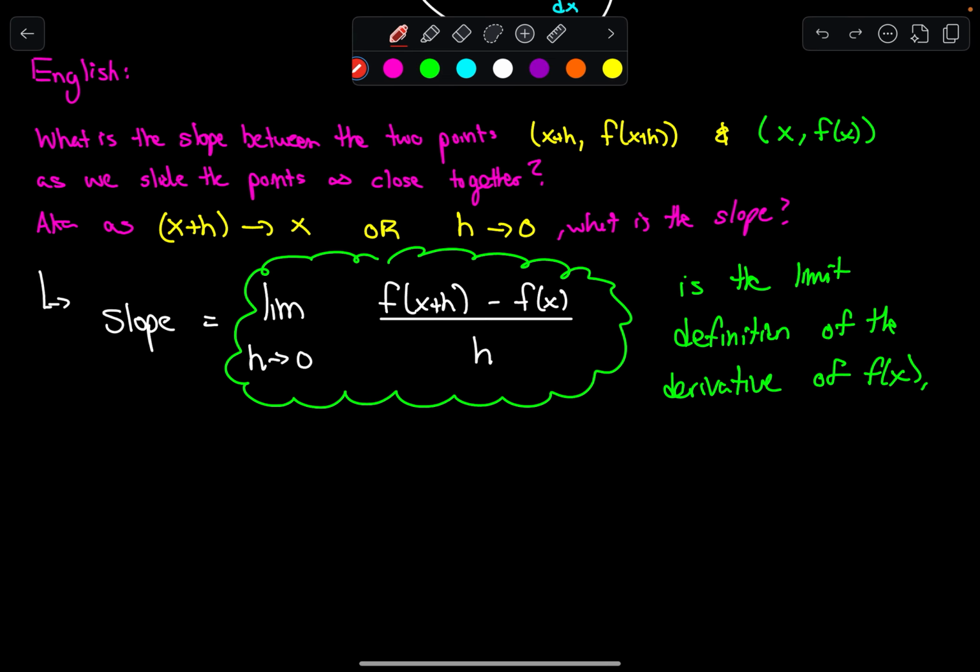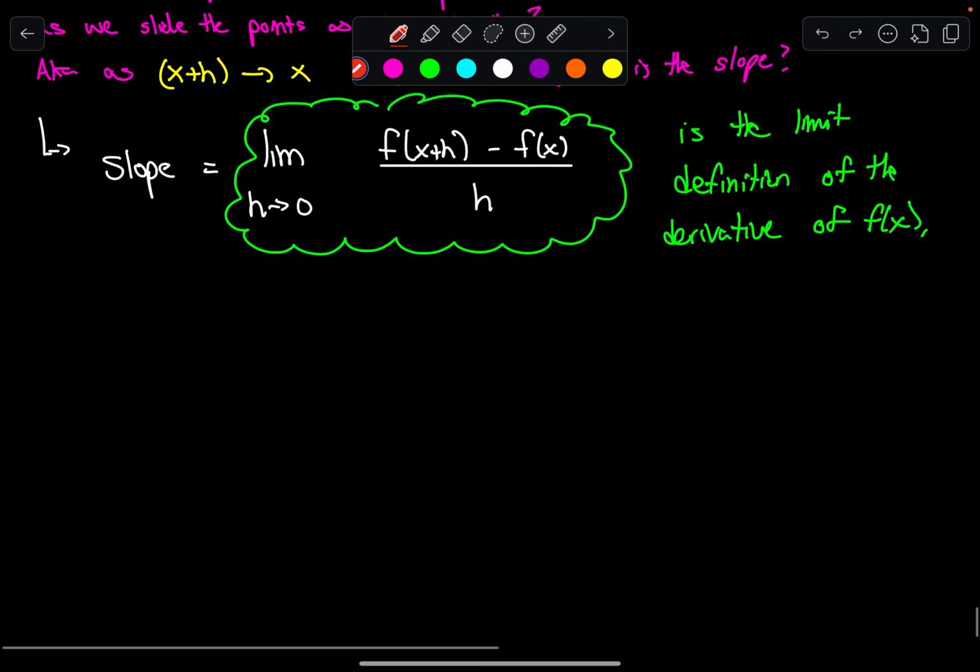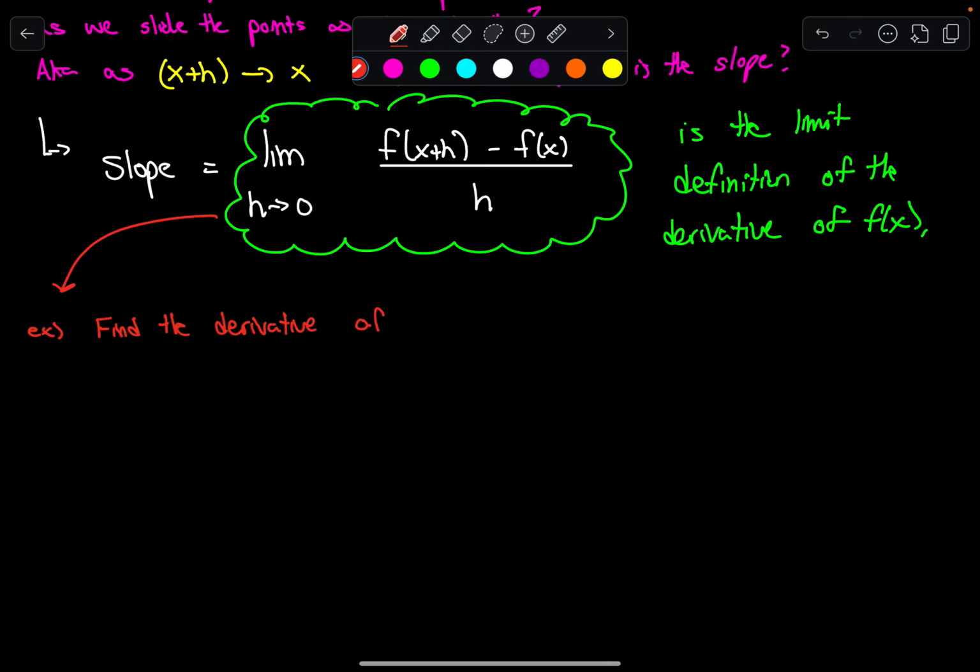So I think I'll just show you an example of how mathematicians tried to use this. So once someone came up with this, they said, for instance, can I find the derivative of y is equal to x squared? Okay, find the derivative of y is equal to x squared, and I'm going to specify using the limit definition of the derivative. I understand that the derivative is y equals 2x because I gave you the tool, but